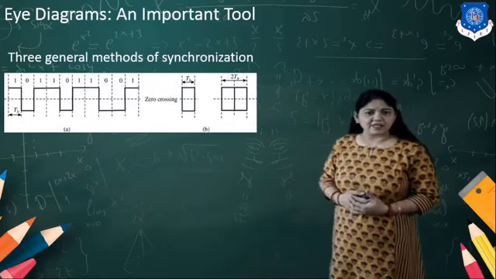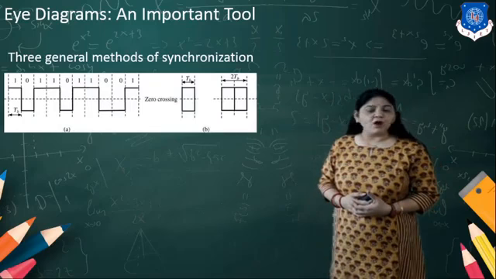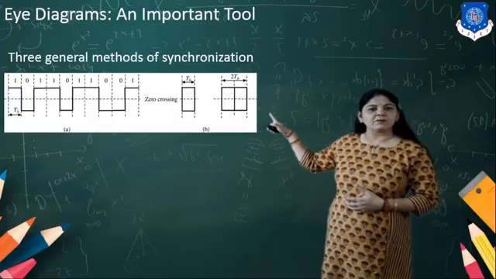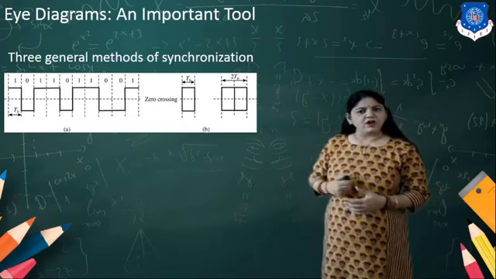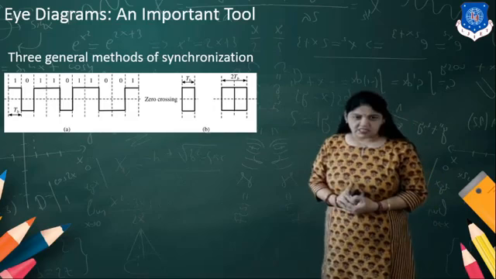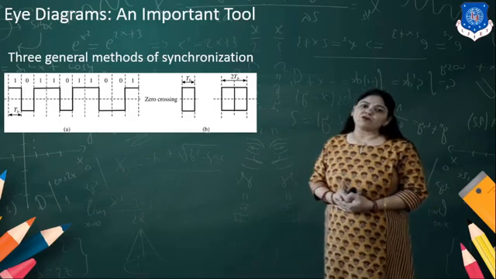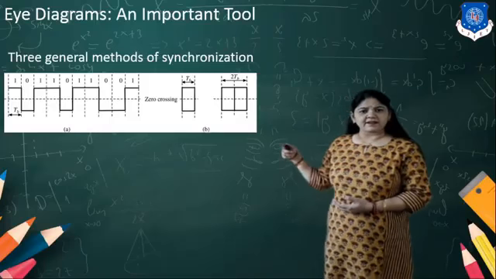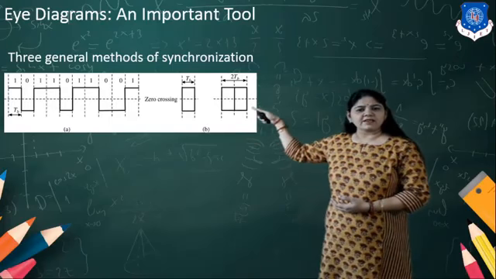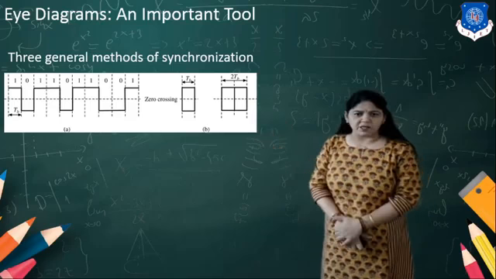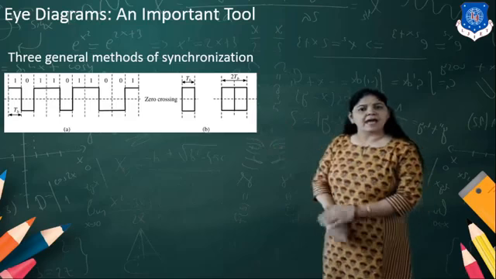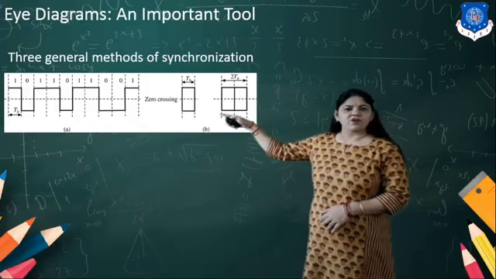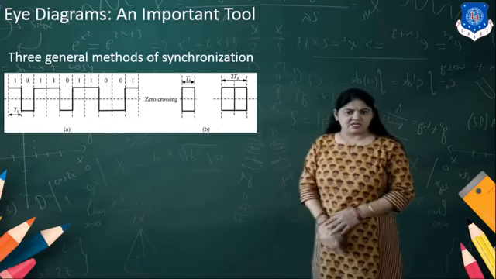Now here in this diagram you can see the waveform. It is the NRZ waveform we learned, for the data 10110110110001, where the width of the pulse is TD. When we want to see all this data on the CRO, the horizontal part gives the idea about the width of the pulse, and the vertical part gives the amplitude of that pulse. Such a waveform we will see on the CRO.